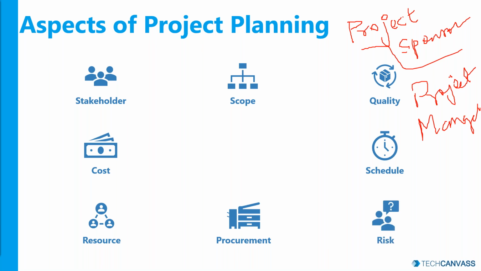And finally, last but not the least, you need to plan well on how you are going to handle risks when they happen in your project. On what criteria would you assess the risks? How would you prioritize the risks? How would you respond to the risk? You need to plan that beforehand. So these are the different aspects, and we'll go through them one by one as to what is involved in the planning.